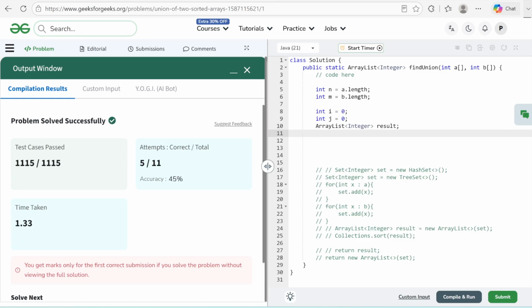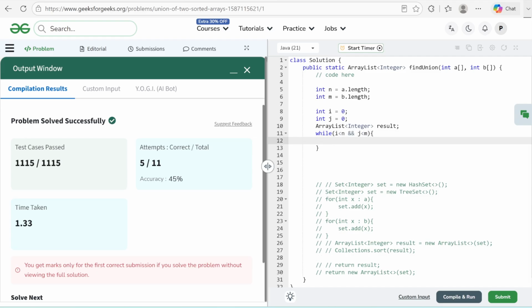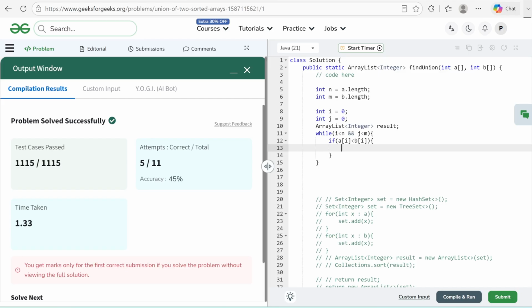First you need to go until someone from this or this particular array gets empty. So go till that particular point, and check whether the ith element or the jth element is smaller. So compare a of i is less than b of j. If a is smaller, then you need to put the a element into the result. But